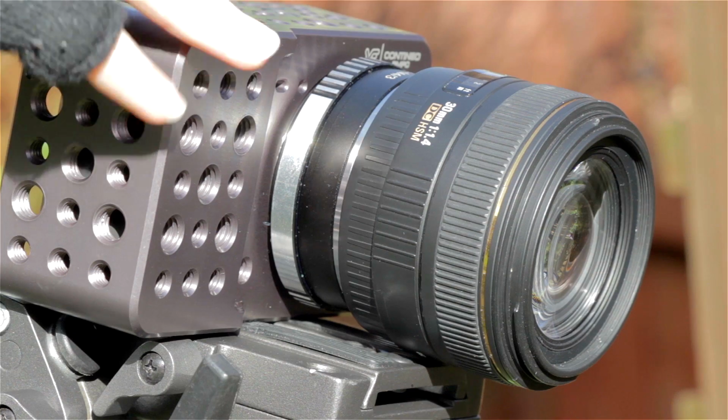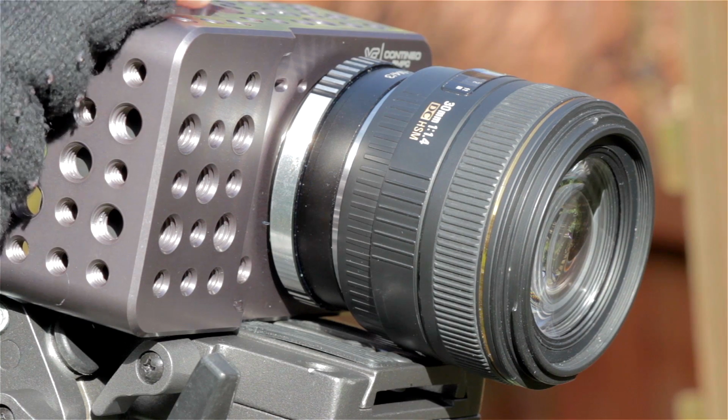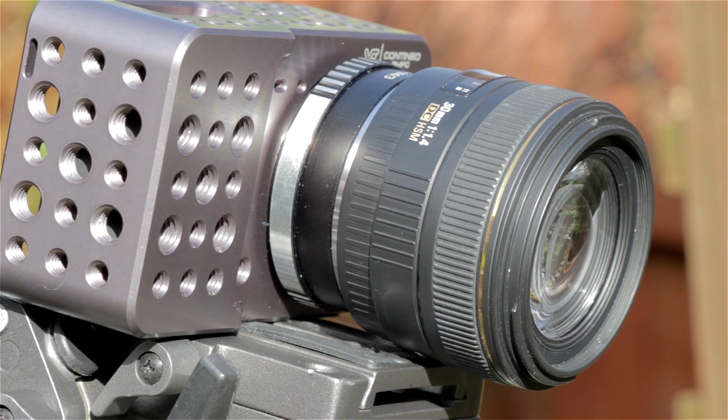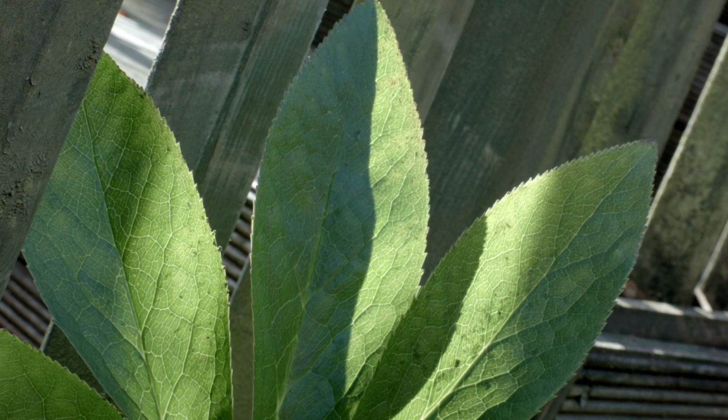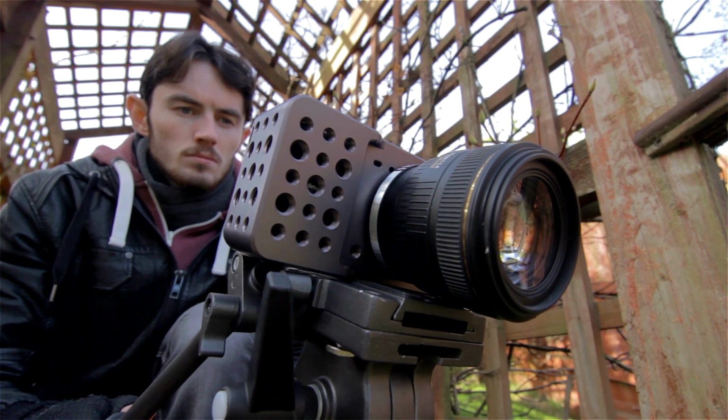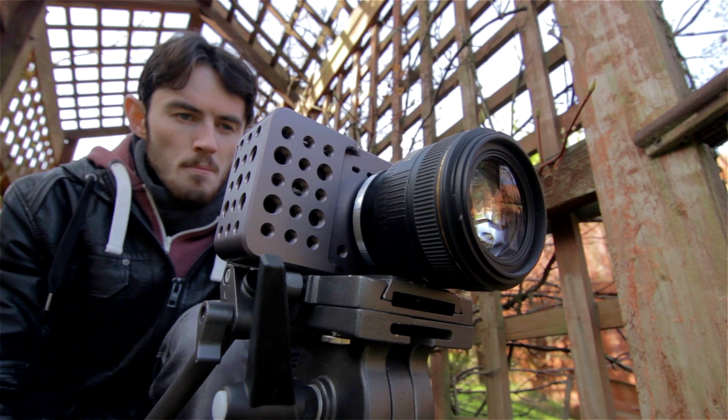Pro number 2, the aperture range. Though f1.2 lens users may scoff at being limited to around f1.7, I found very little noticeable difference when using my Sigma 30mm 1.4. To me, the sacrifice of a stop or two is well worth the ability to use this lens on my Micro Four Thirds camera, especially when you take into account pro number 3, the low price